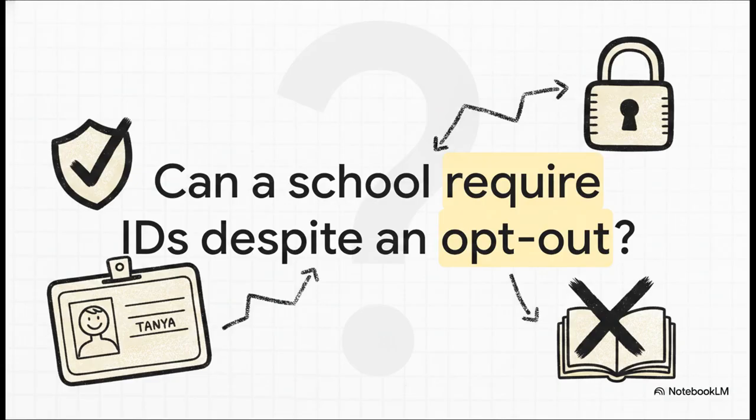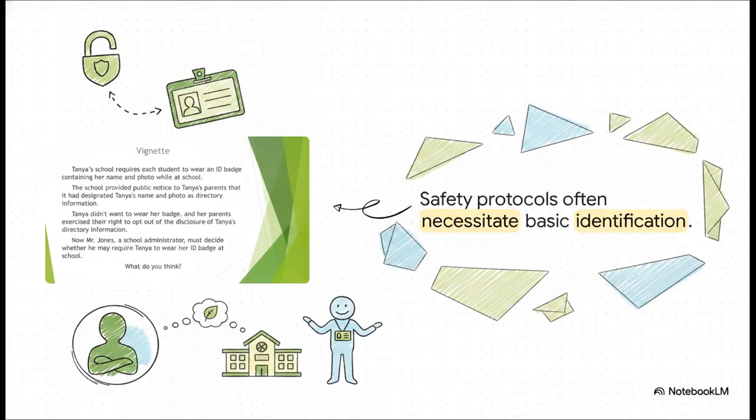Imagine Tanya's school requires all students to wear an ID badge with their name and photo for security purposes. The school has designated names and photos as directory information, but Tanya's parents legally exercise their right to opt out of those disclosures. So what happens? Does she still have to wear her ID badge? This puts school administrator Mr. Jones in a really tough spot. He has to balance the parents' FERPA opt-out rights against the school's fundamental safety requirements for identifying who is on